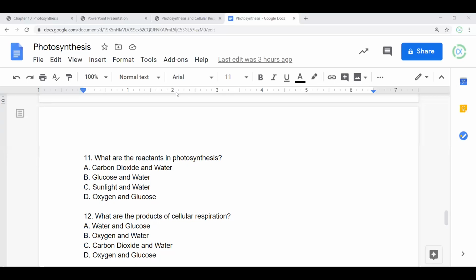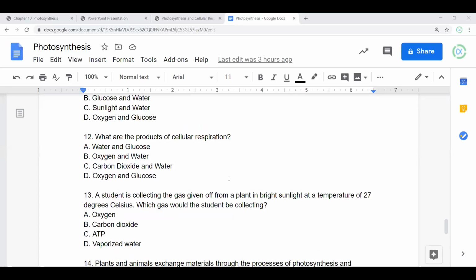Animals are also going to use glucose, while plants are going to make glucose. So that's a great way to remember this. And the answer here would be C, carbon dioxide and water,